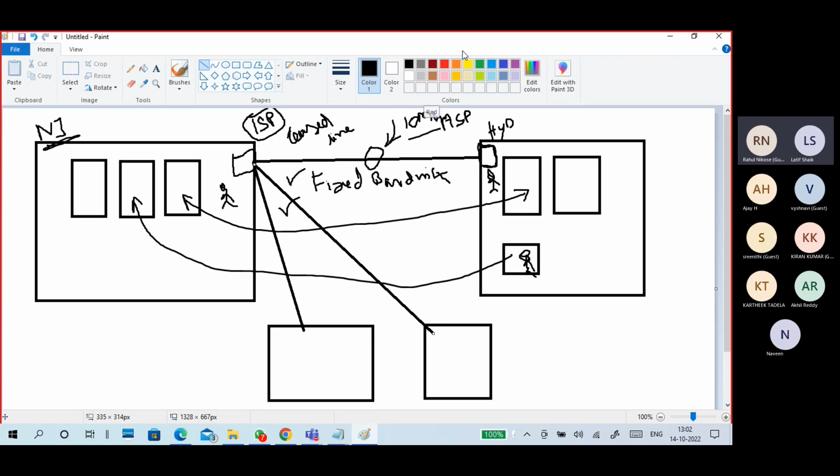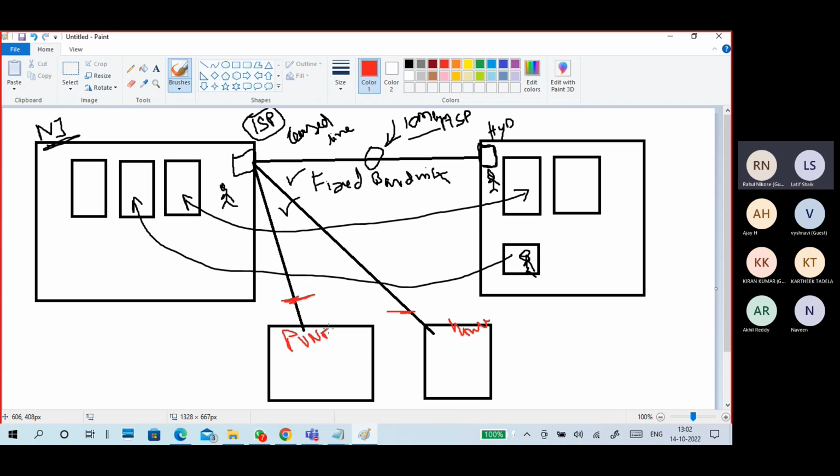Work from home is like a small office. Example, this is the Pune office, so we don't have any additional equipment, like a firewall, because it's purely a training place. In Hyderabad, we have training and other things, but in Pune we don't.